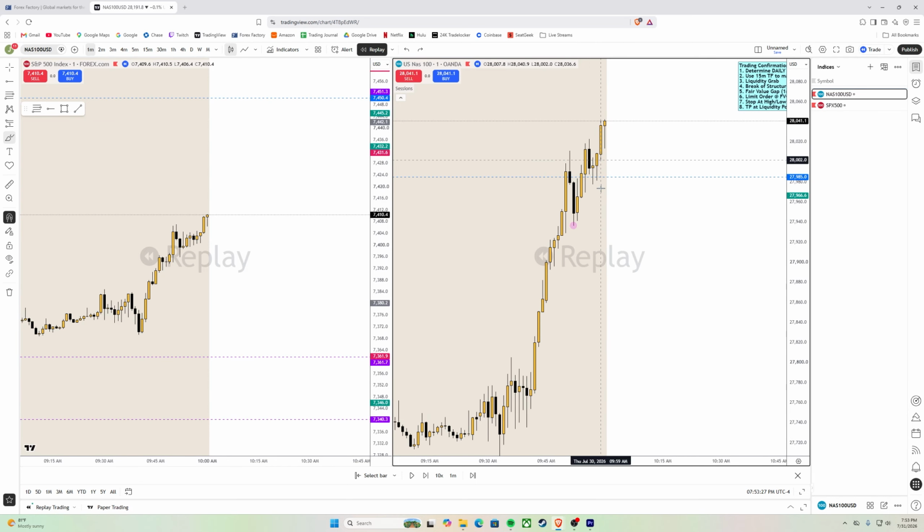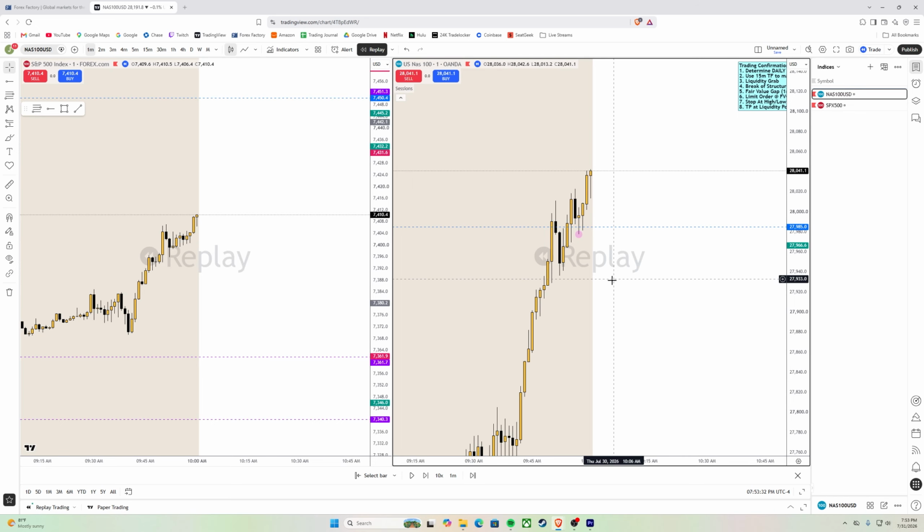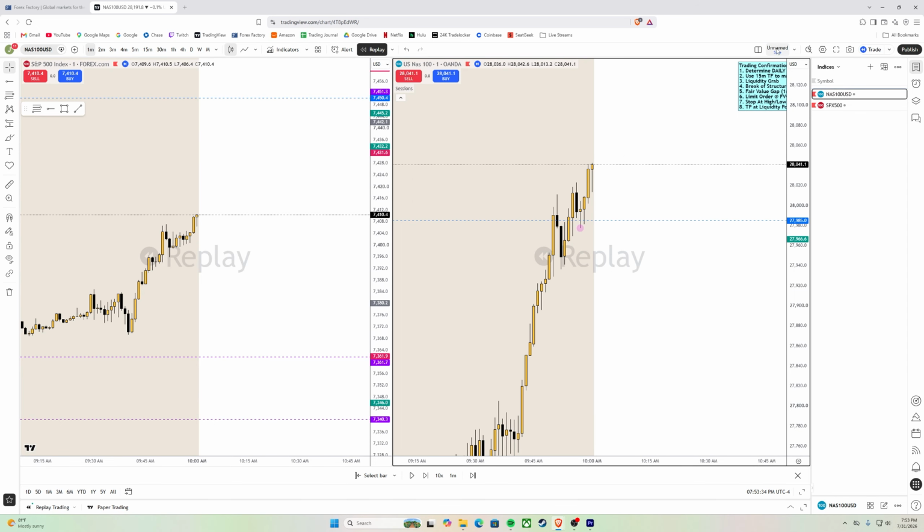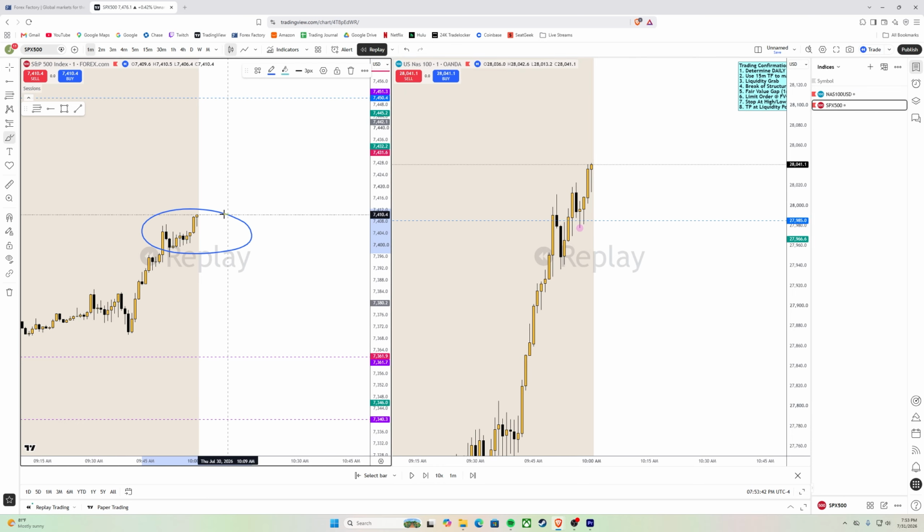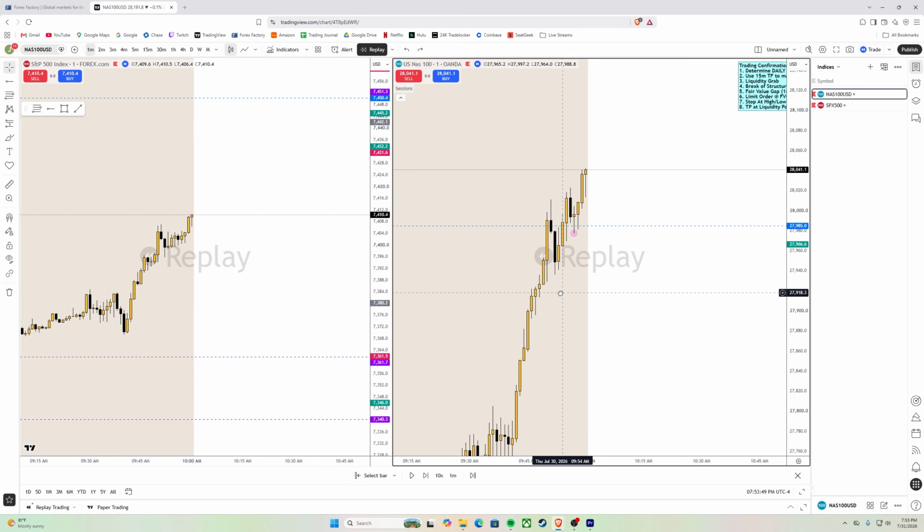It's right here, right? So what we do is we now move this right here, and so we're basically just stalking price to see if price is going to give us a break of structure with displacement so that we can take an entry if we were trading on this day. And now if we look at the S&P, S&P still in the middle, point of interest at the top. So it's unlikely that price is going to go up here. It can, but it's unlikely that it will, right?